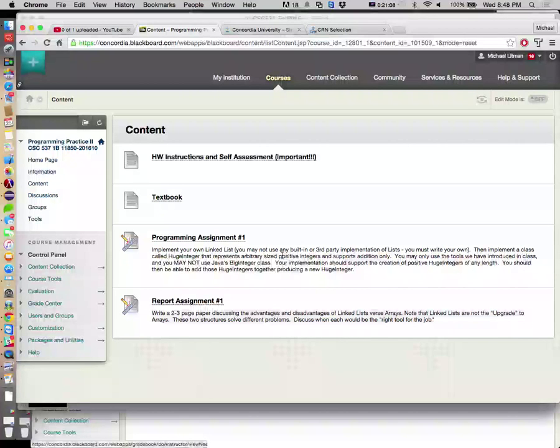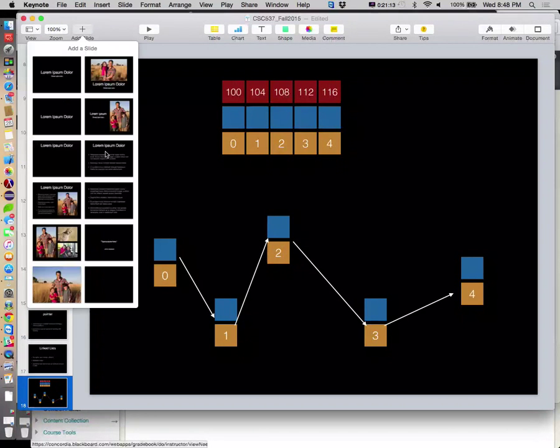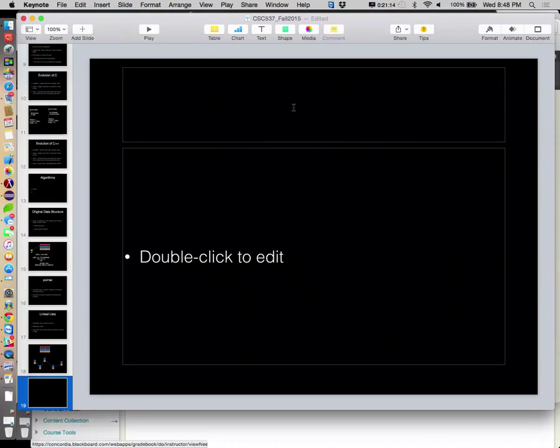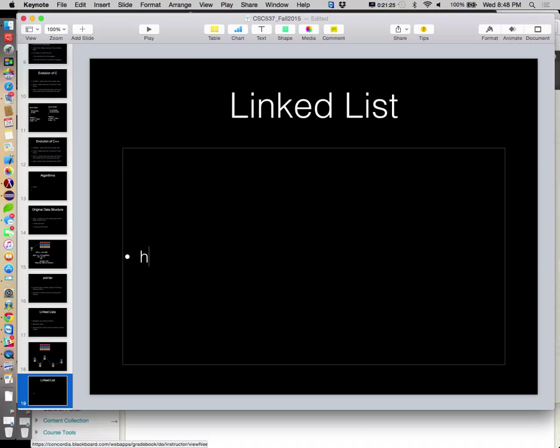So let's go back here and talk about the starting point for a linked list data structure. All linked lists have a head. This points to the beginning of the list.